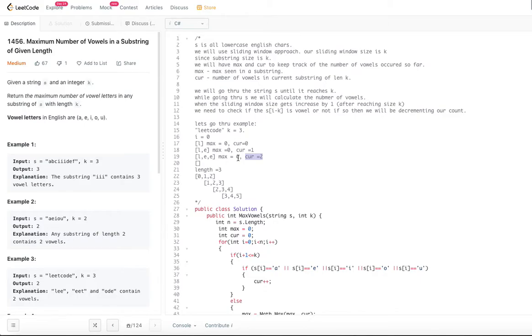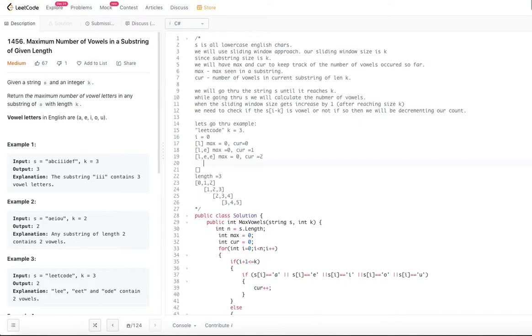At this point we have to make max equal to 2, because we have reached the sliding window size k. So max is 2 and cur is also 2. Now since we are moving on to index 3, L will be knocked off, because we want to keep our sliding window at 3 only.